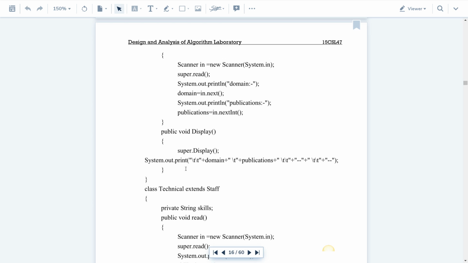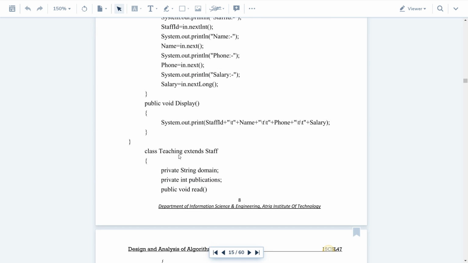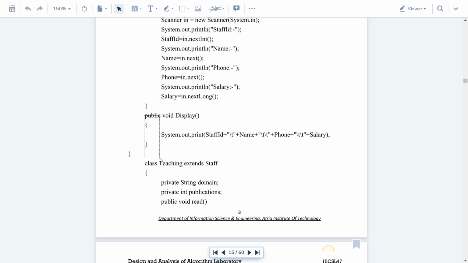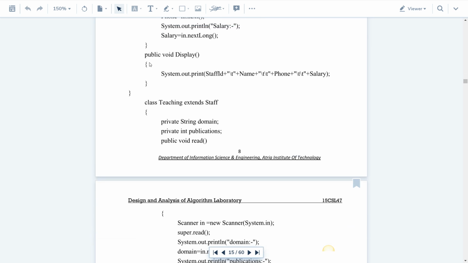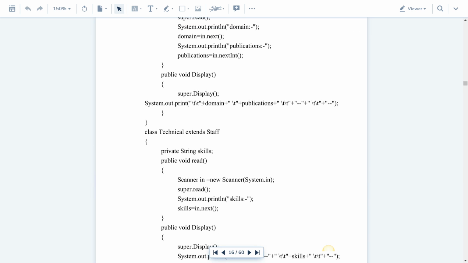So you don't have to access it again and again, you don't have to create it again and again. So super dot display, it's here, right? So like this. Next, after this, this displays the heading. You don't have to write this heading again and again. You just need to print the answer here. Just print the answer. So you should be very careful while writing this particular line.